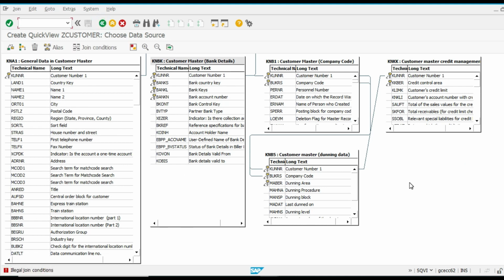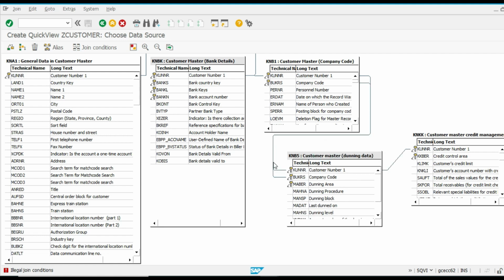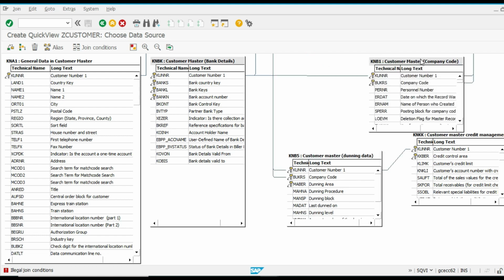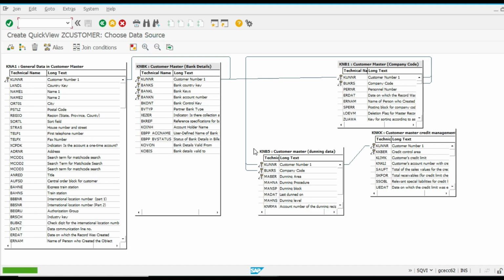Still there is some issue with the table. Customer master credit management customer number. So there are two joins going.